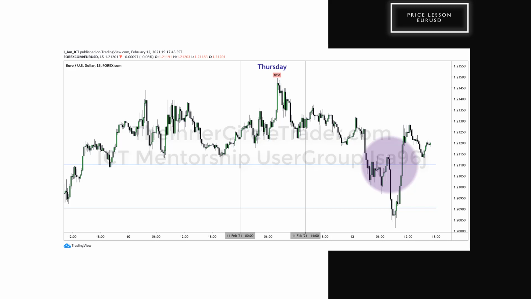Now, for some of you that heard me say that, you're going to say, every single week, ICT says 70% of the time, Thursday makes the high of the week. That's not what I said. There's filters that were applied to that data crunching. When the market is bullish, Thursday, New York Open tends to create the high of the week 70% of the time. What happens when the market's consolidating the majority of the week? Is it likely to create the high of the week on Thursday? No. That's not what I said.